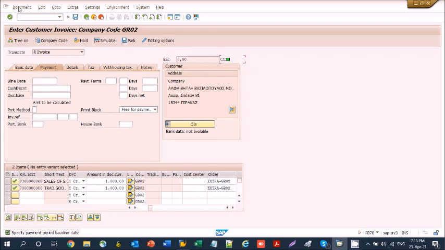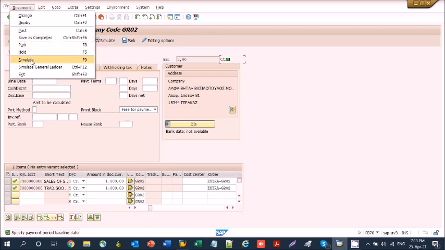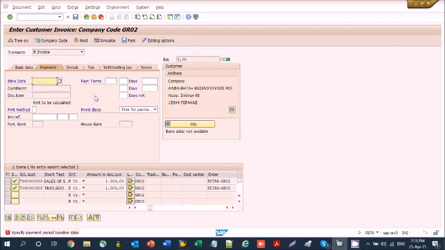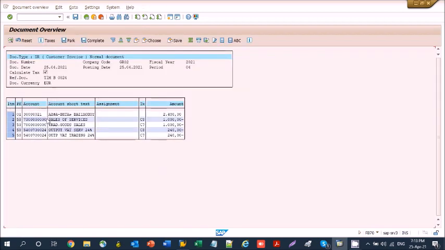Then we simulate and after checking we post the document.